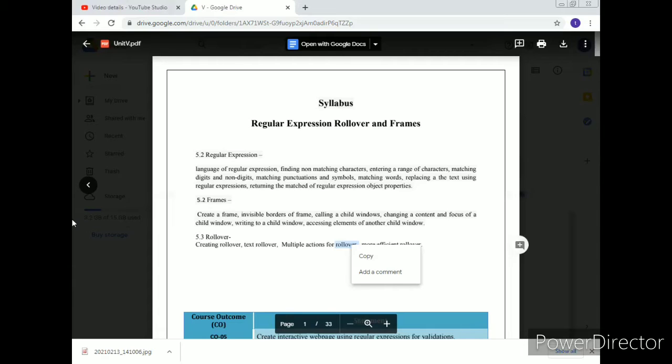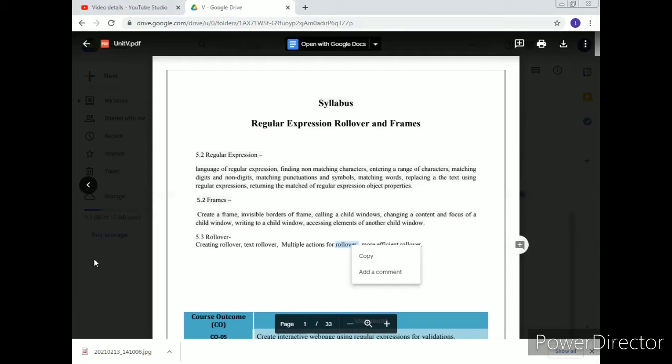For example, within the same window, one frame can display company information, a second frame can be a navigation menu, and a third frame may display some documents or information about that website, correct? In that way, you can divide your web page into subparts. To create frames, you will use some syntax like frameset.